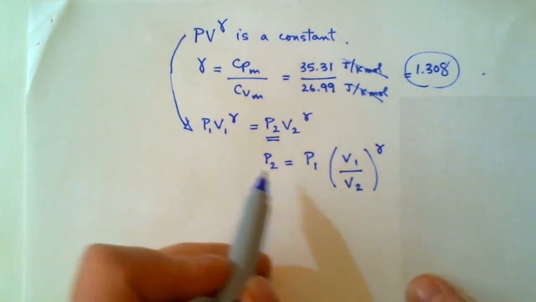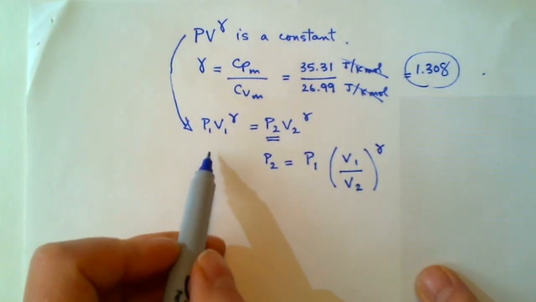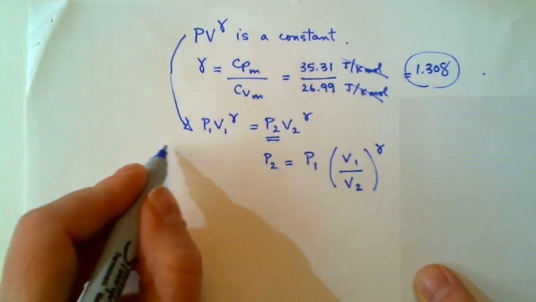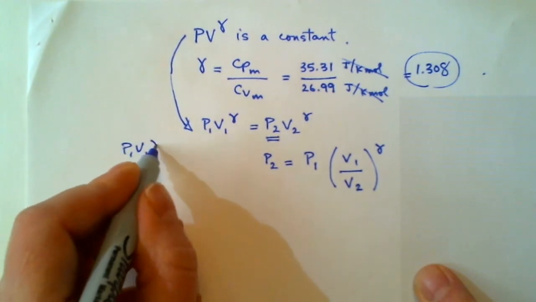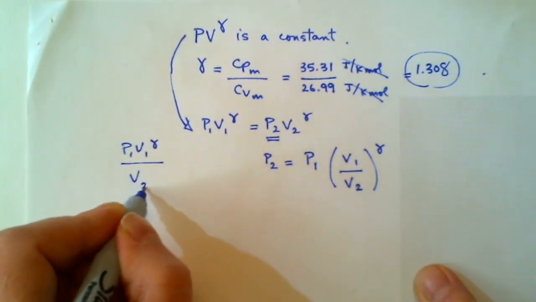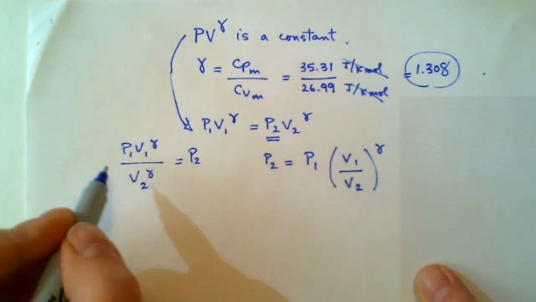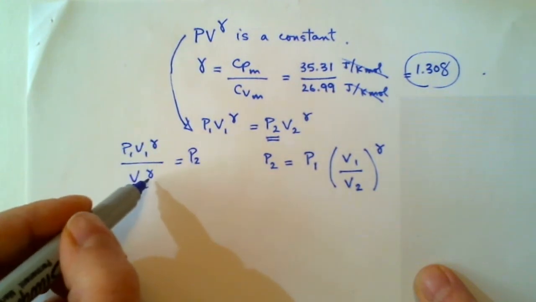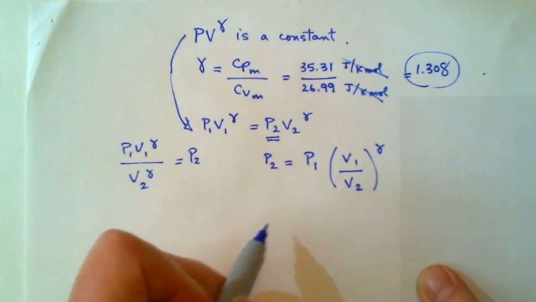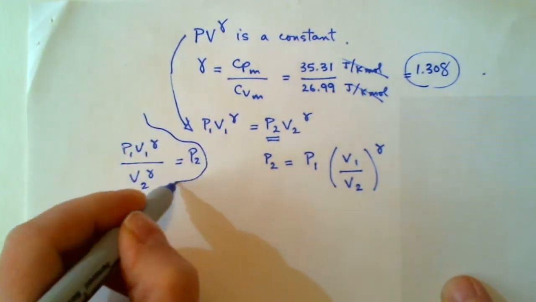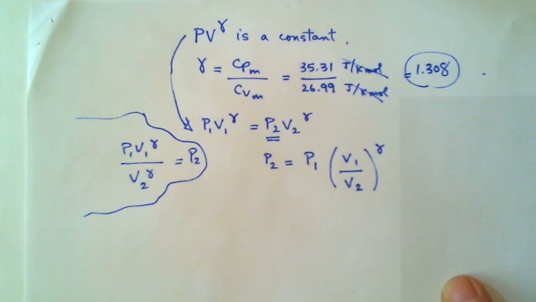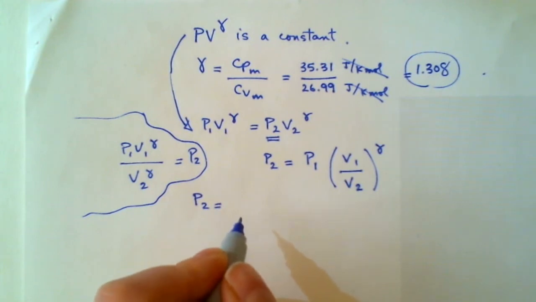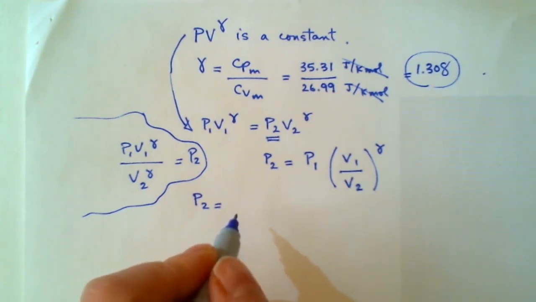You see how that worked? Is that okay? Make sure the algebra makes sense for you. Let me just do it here. That's the step I skipped. Basically, I took this and I grabbed V2 gamma and that left P2. And then, because these guys are raised to the same exponent, I took their ratio. Okay? Keep that by itself. Okay, so P2 is equal to P1. We don't even know what P1 is.